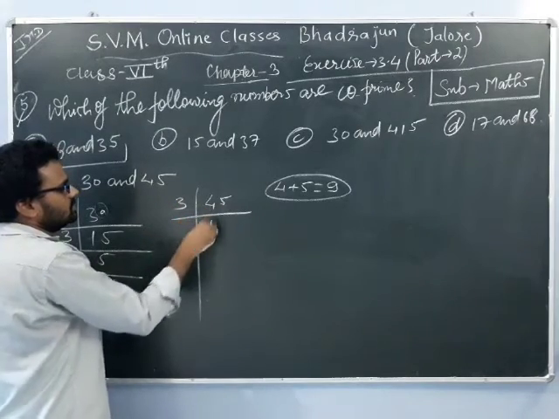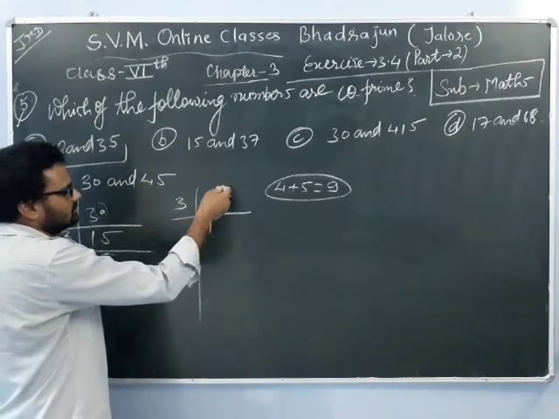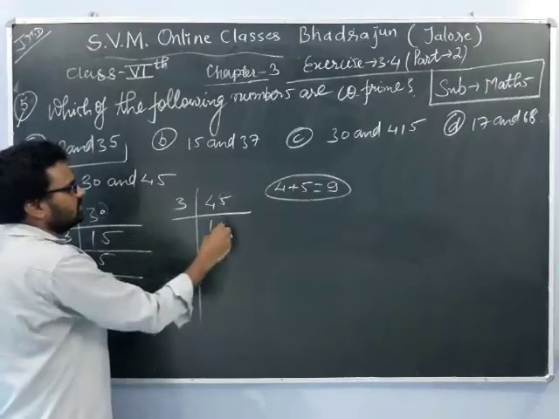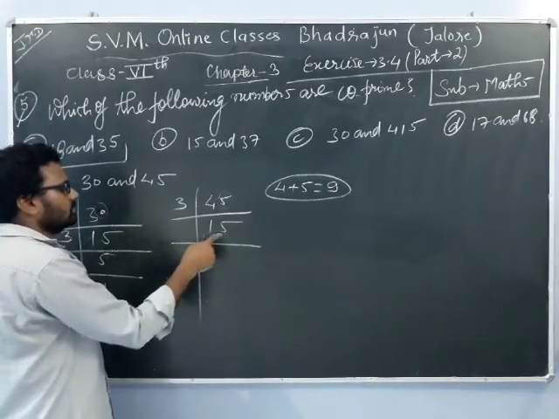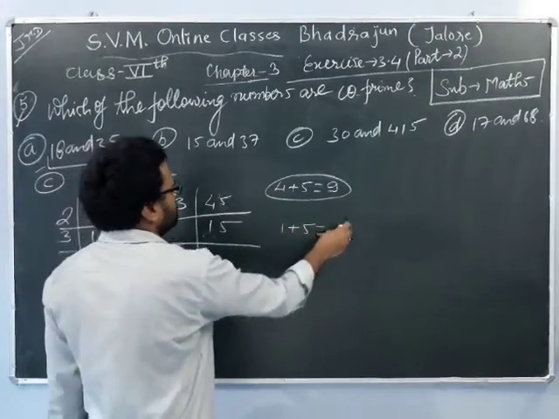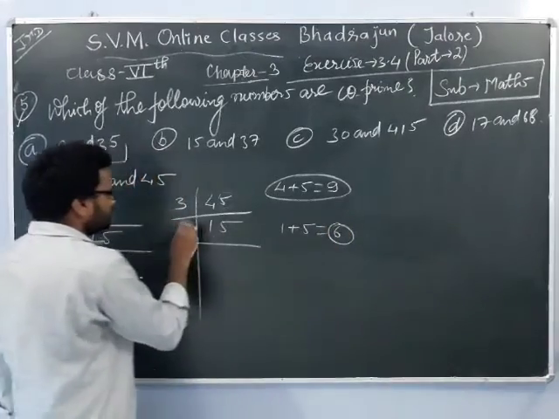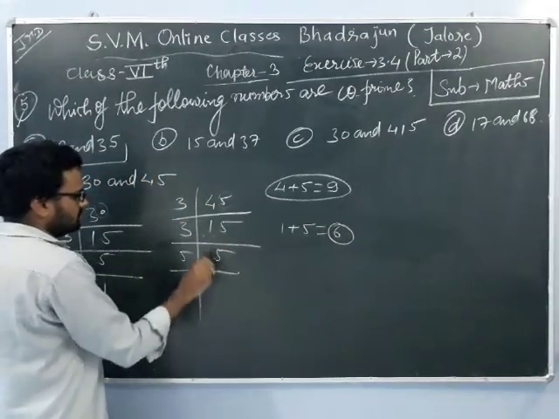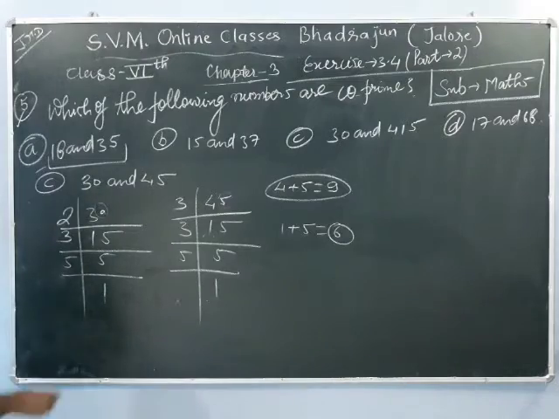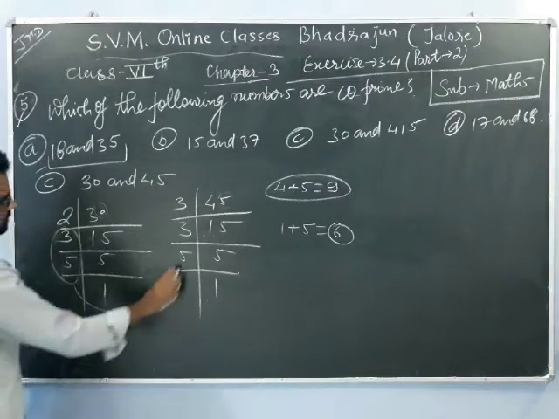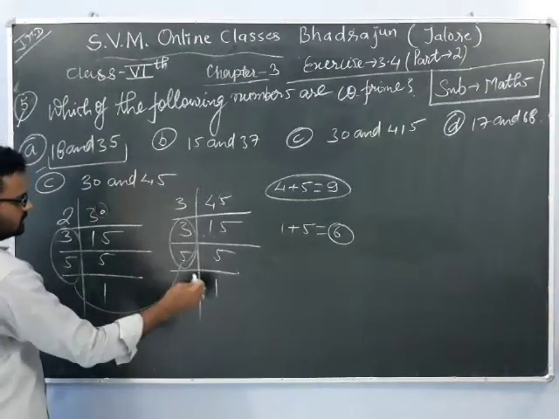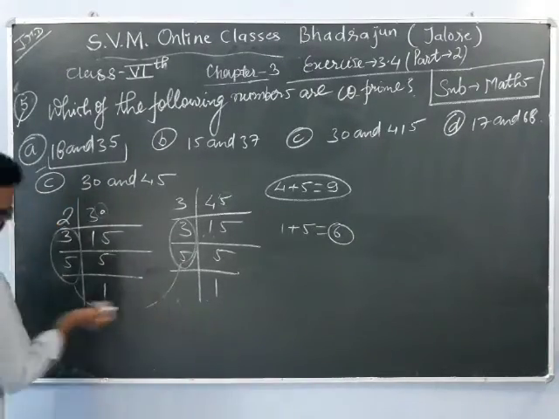So 3 1s are 3. Now we are left with 15. 3 5s are 15. Okay. Now 1 plus 5 is 6. Again this number is divisible by 3. 3 5s are 15. 5 1s are 5. Now here we are seeing two factors, 3 and 5, are common in these two numbers, hence both the numbers